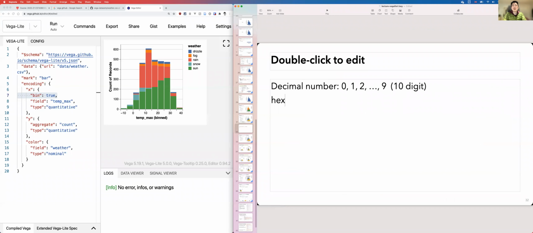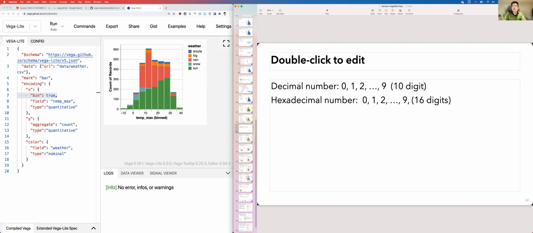And what it's using here is called hexadecimal number. So you have 0 and 1, 2 goes on the same. You have 9, yeah. But here you actually in total have 16 different digits,